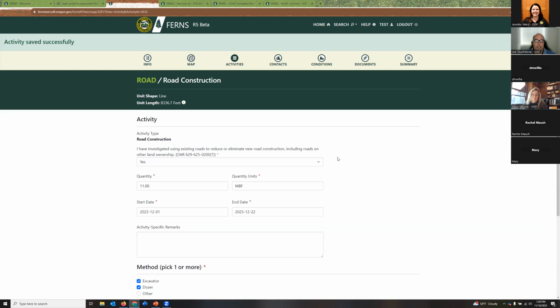And why do I mark board feet for road construction? It's a requirement from the Department of Revenue. I get this question all the time. They get a significant number of new road constructions in a forested area that have timber harvest associated with it. So they believe that you basically can't construct a new road through forested land without harvesting timber at some point. You can put 1 MBF in there. All this does is trigger